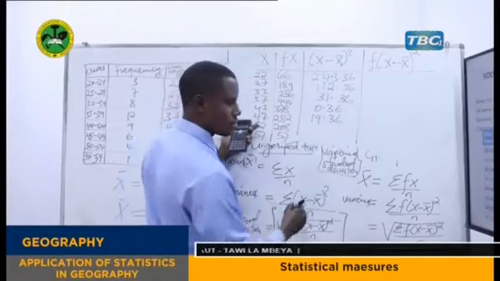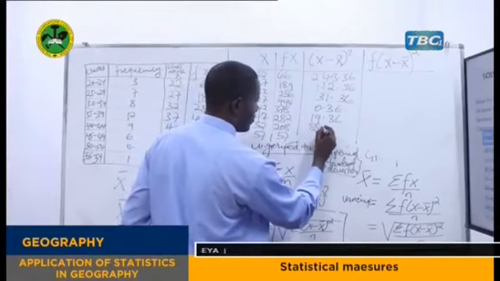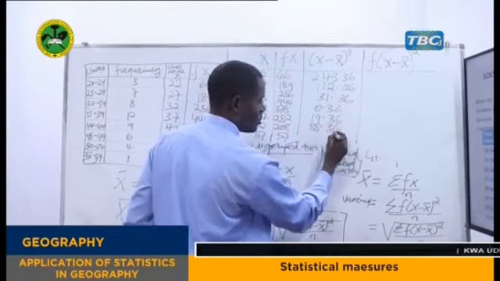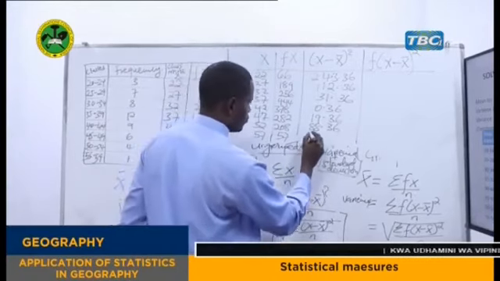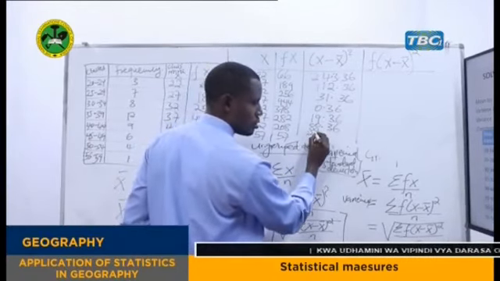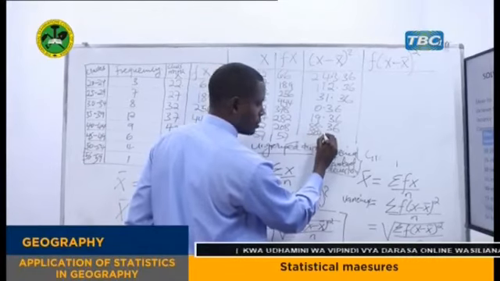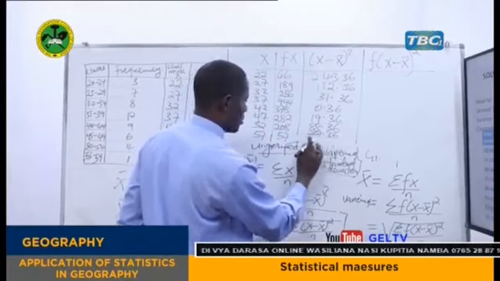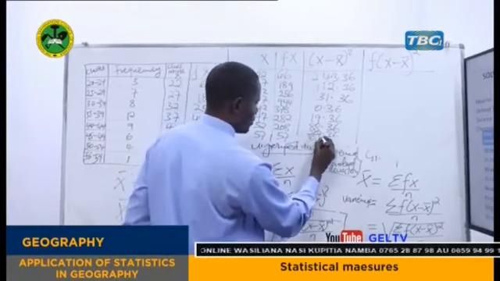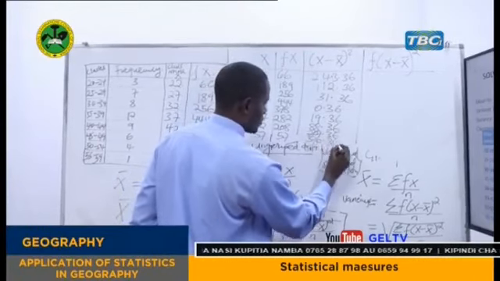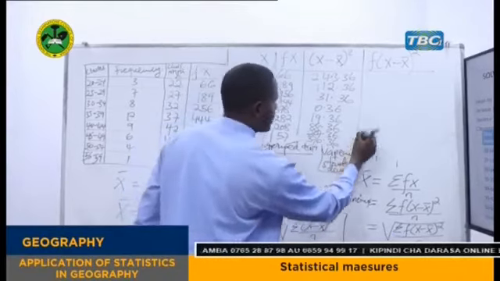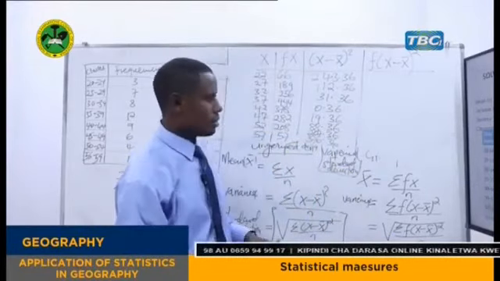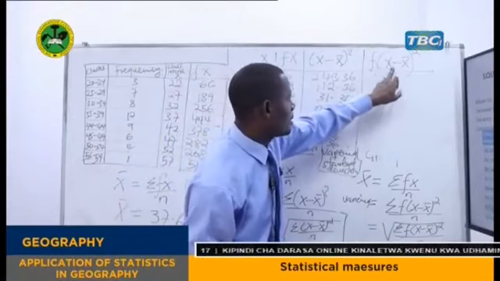The other one, it will be 88.36. The other one will be 207.36. And the last one, 376.36. But we are mainly targeting the last column, which is the summation of f times x minus x bar,